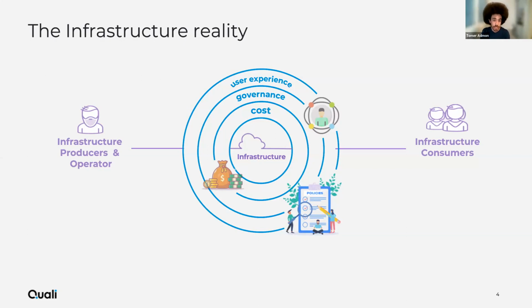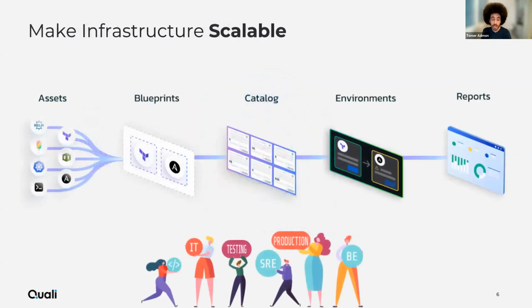Think about developers. They want to do things very fast. They don't want anything to disrupt them. They want a single page or a very easy to use system that will give them what they need. Maybe it's a VM, maybe it's a Lambda function, or maybe it's database access. They need it extremely fast without any training in it.